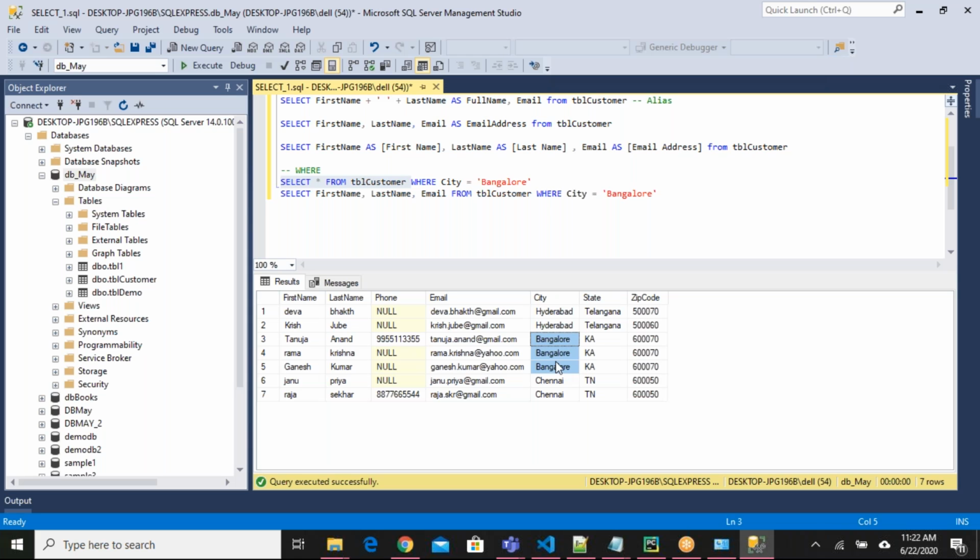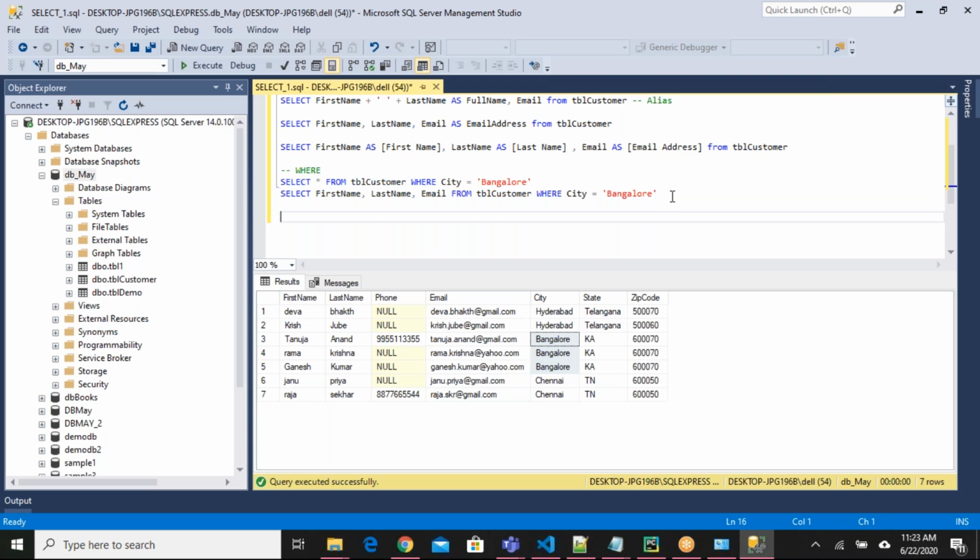For example, I want to get the records whose city is Bangalore and whose phone number is not null. I want to contact the customers who belong to Bangalore city and call them. So I want to check who has provided the phone number. Only those records I want to see.